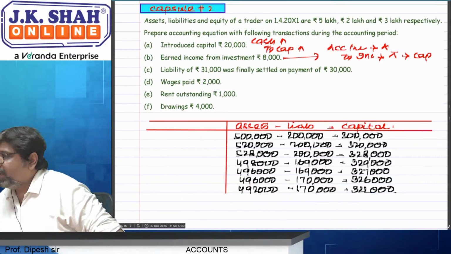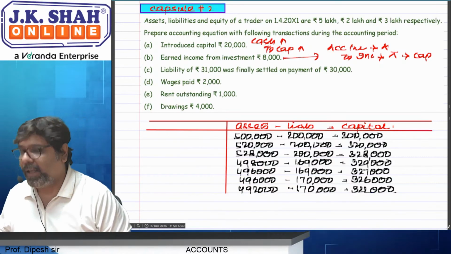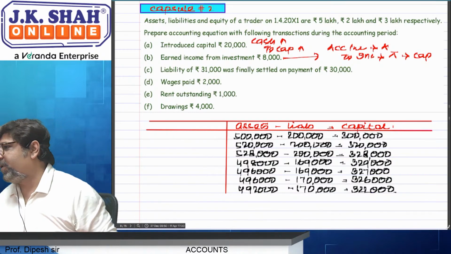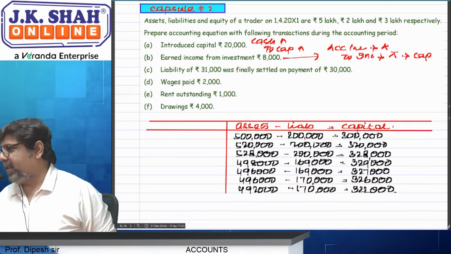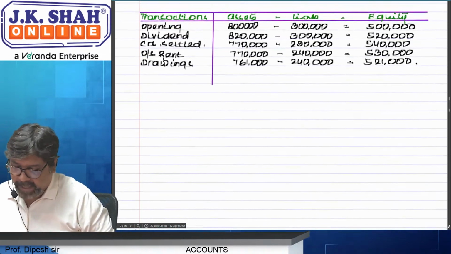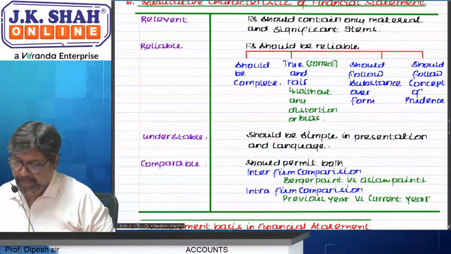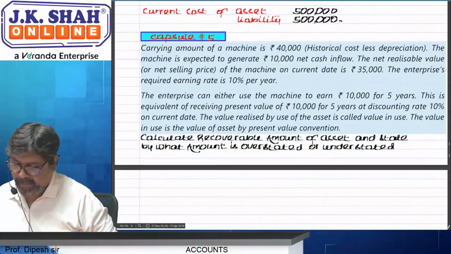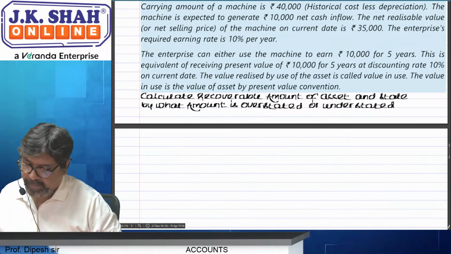Good afternoon, chartered students. We were into introduction, we had done applicability, and then we were into framework of accounting standards, correct? Framework mein we had done framework, also we are doing some examples. Then we had done qualitative characteristics, measurement also we had done. Capsule 3, 4, 5 done?